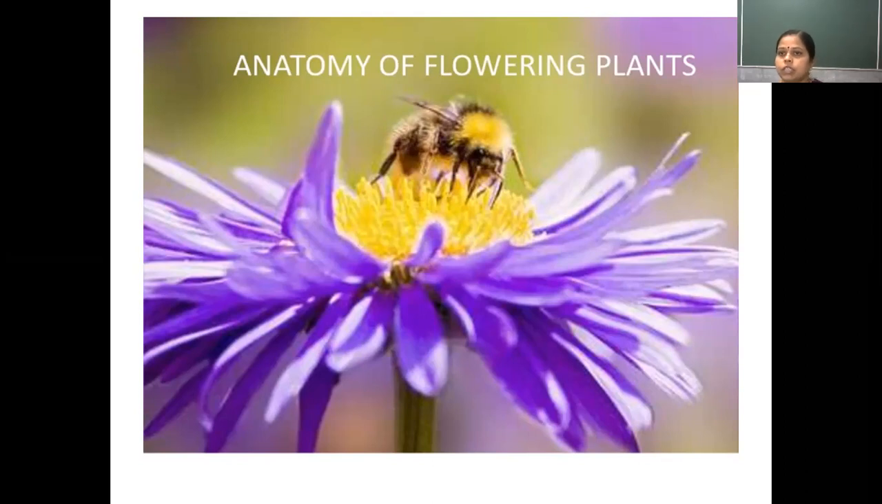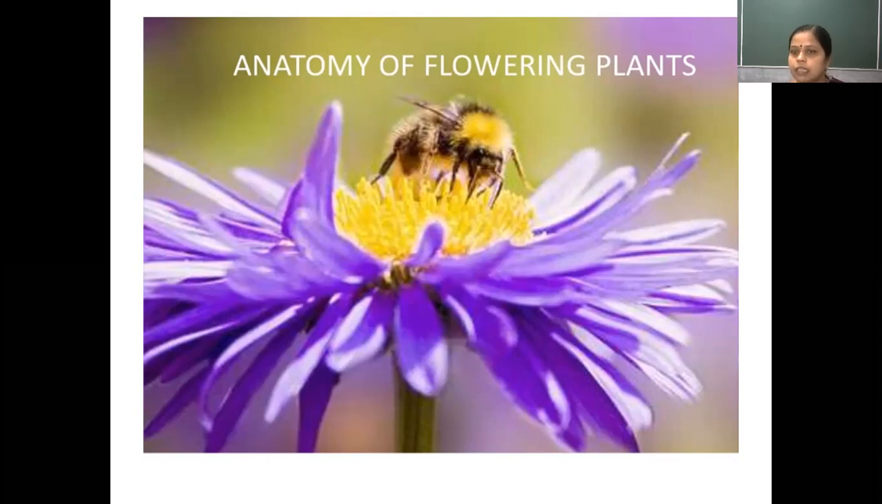What do you mean by morphology? Study of external features of the organism. Whereas here, what does anatomy mean? In the morphology of flowering plants, we have discussed entirely the external features of the plants. Whereas now in this chapter, we are going to study how the plant has been made up of,